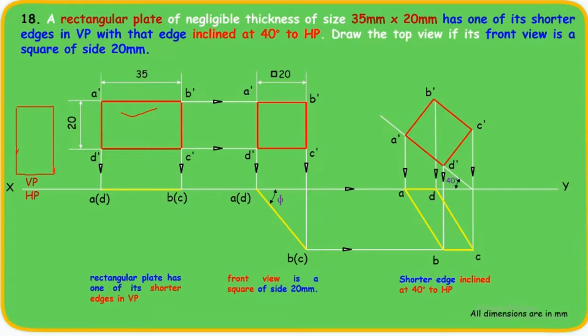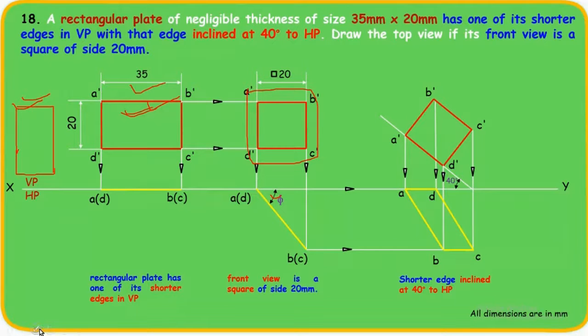Why do you have to draw it like this only, not this way? Because if you place it this way and rotate it, you cannot see a square in the second step. But if I place it like this and rotate this plane at an angle with respect to the vertical plane, you will see a square in the front view. That's why you have to first draw it like this. If you draw it the other way, your whole solution is wrong. You have to identify where it is placed and how it is placed. Those things are very important.